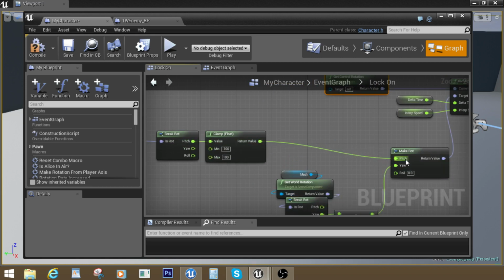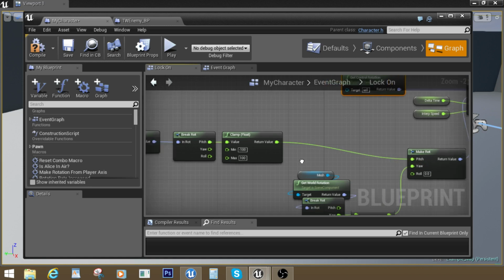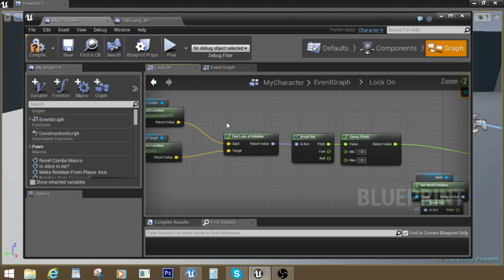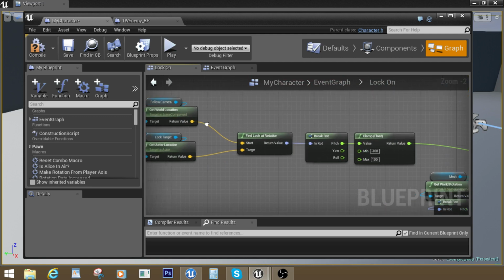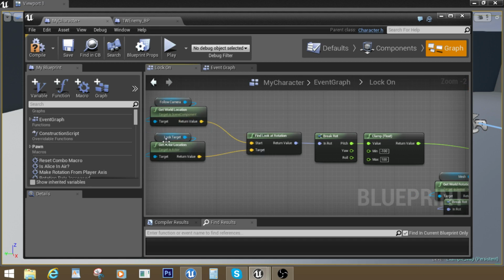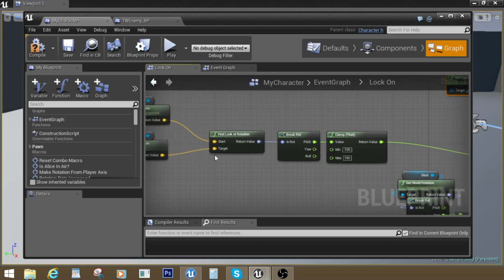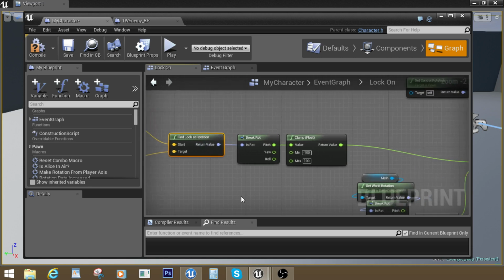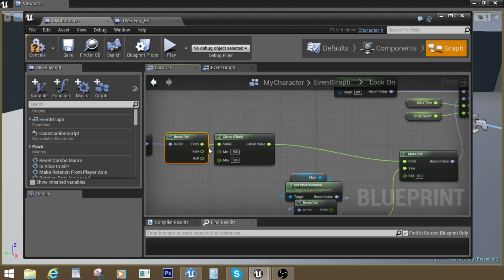but if you don't put that as something like -5 and you let it be whatever it needs to be, if you want it to not be as tight as mine is, mine basically never really moves. You'll just take the follow camera, your world location, the lock target, and the actor location. You find the look at from there. This way, the camera's just always going to be looking at the character you need it to. Break its rotation, and then I clamp the